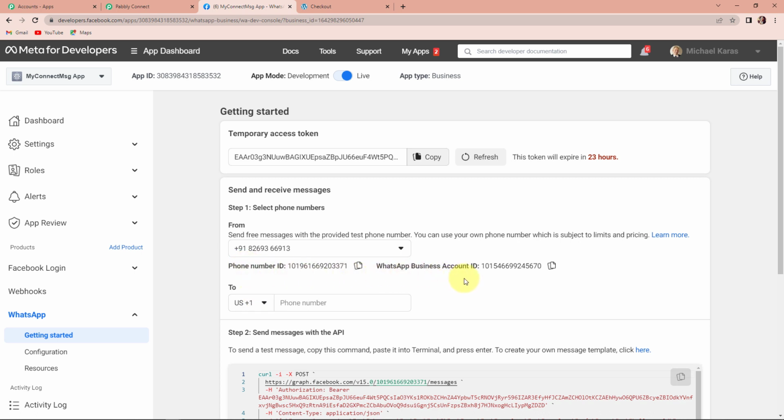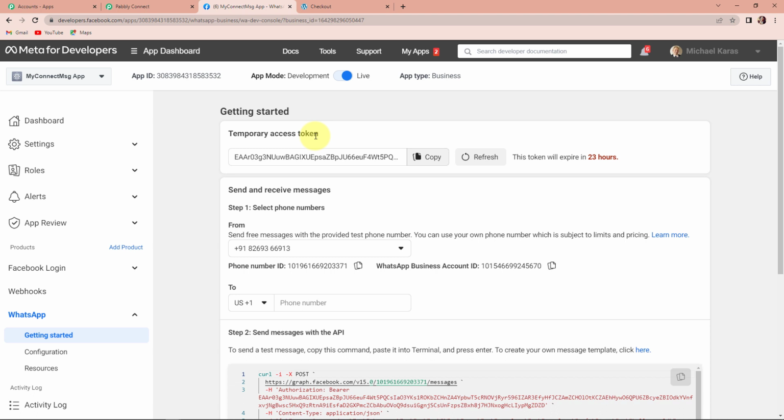WhatsApp business account ID. But there is one thing that you need to keep in mind, which is that this is just a temporary access token and it has an expiry of 23 hours, which means that if you create your workflow using this token, your workflow will stop working after a day. So a dedicated video is given in the video description to create a permanent token. This is given step by step, so you can follow the same and you can create your own permanent access